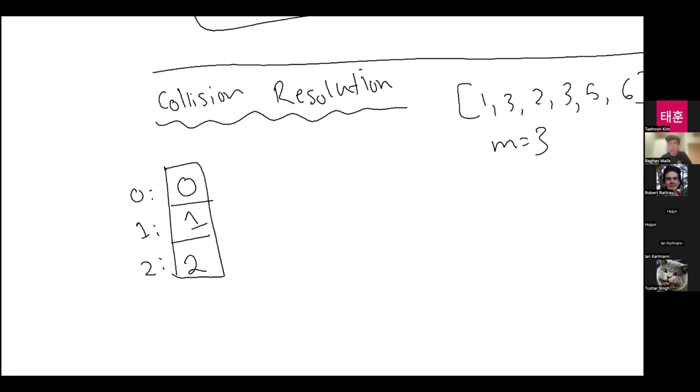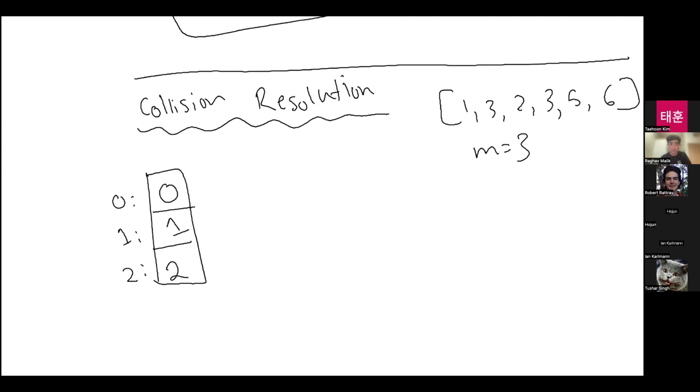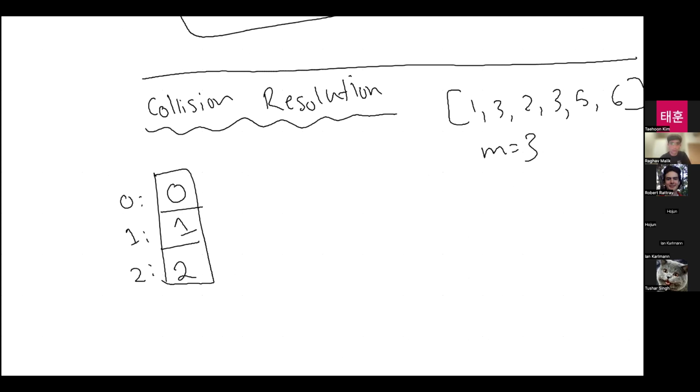I look at 3, it hashes to 0 again. Oh wait, I want to call this a 3. Right? I look at 3, it hashes to 0. I find I already have a 3, so that's fine. I look at 5, this hashes to 2. I try to put it here, but I already have a 2 here, right? So one thing I can do is, instead of calling this a 2, I can think of it as a linked list, right? That just contains a 2. So I can replace this with a pointer. I have a 2, and then I'll just add on a 5, right?